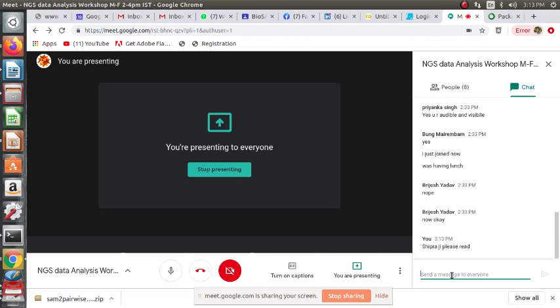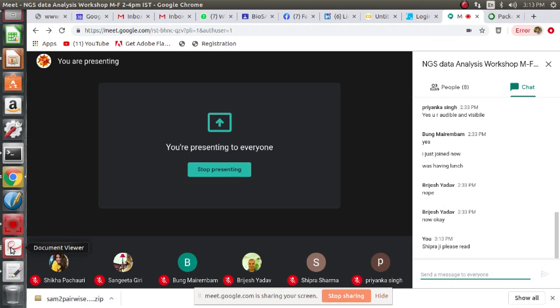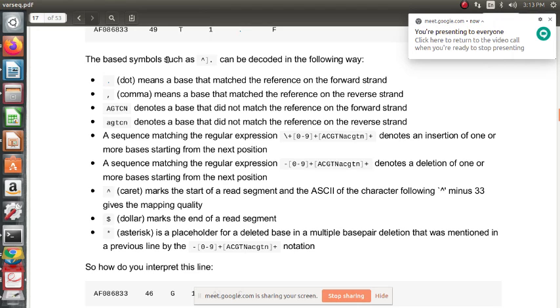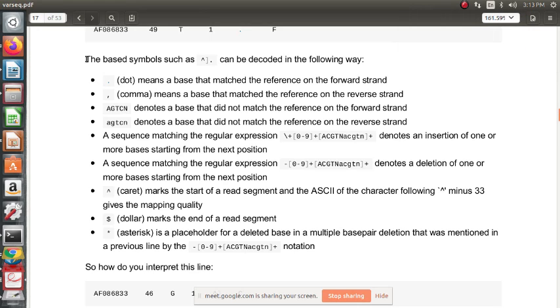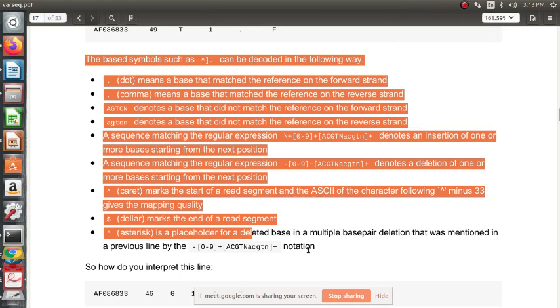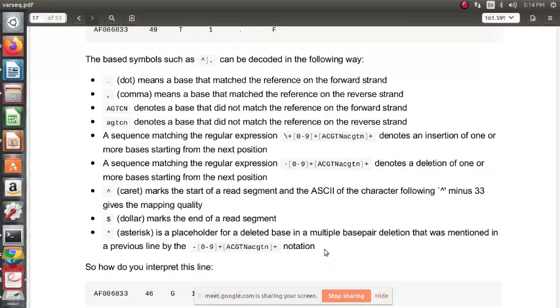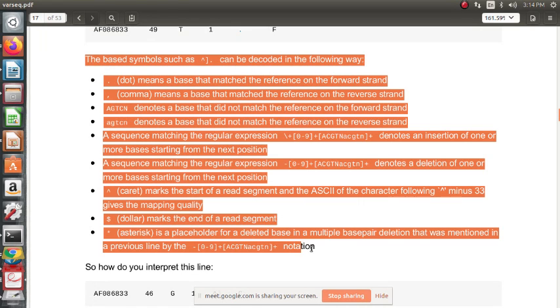Please read. Yes, Shipraji, please read. Hello, Shipraji. Okay, Priyanka, are you able to hear us? Please read.